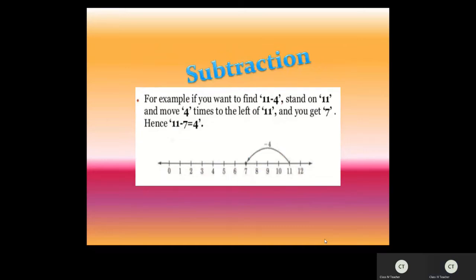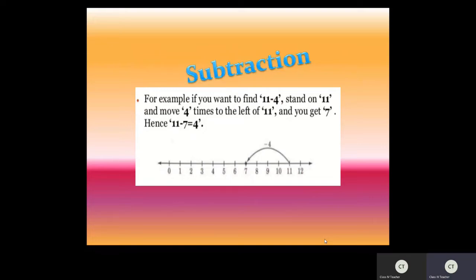Let us understand it through an example. 11 minus 4. So how will you find out? How will you represent 11 minus 4 on the same number line, starting from 0? Now 11 is the bigger number. From big, minus 4. That means you have to go to the smaller number. So start from 11, start counting, and we have to move backward. How many steps backward you have to move? 4 steps. Okay, so let us start.